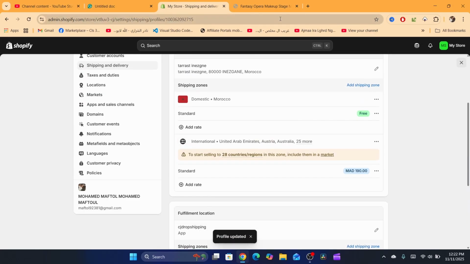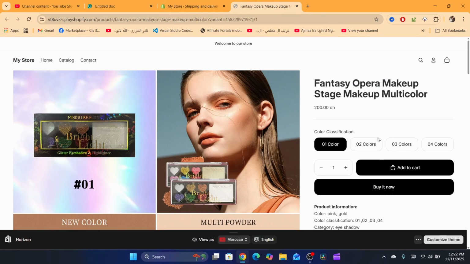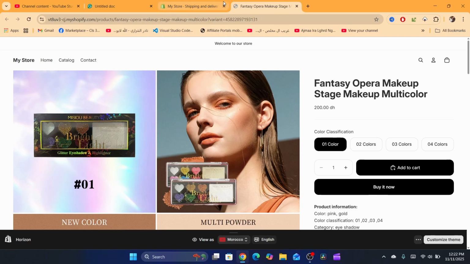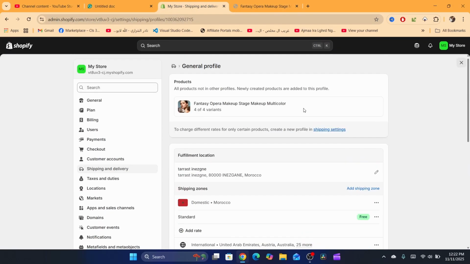So after you click on save, you want to check if the problem is solved or not. As you can see now, I am able to purchase the product. It's very, very simple. Now, if it doesn't work, what you need to do is you want to click on